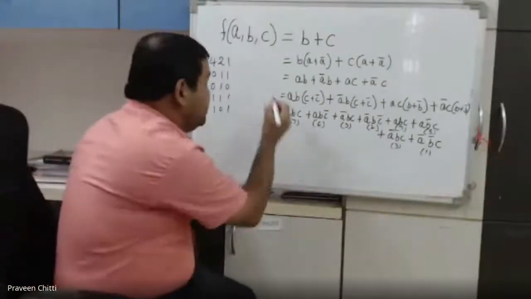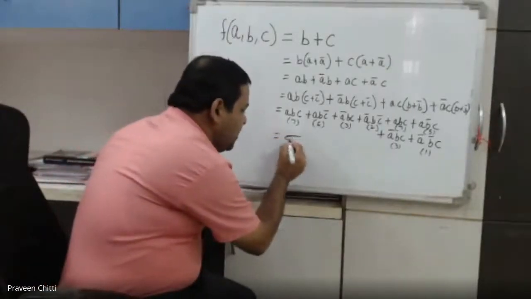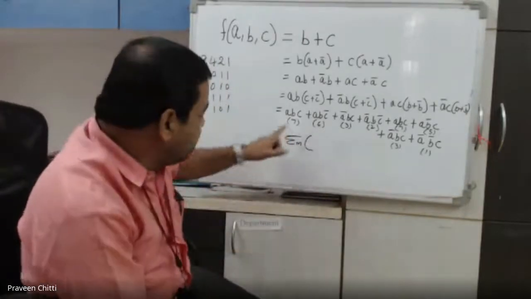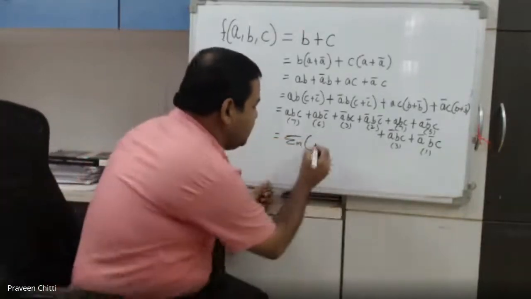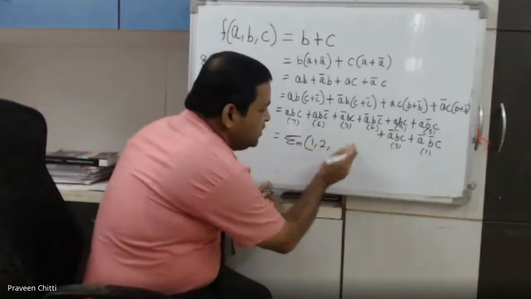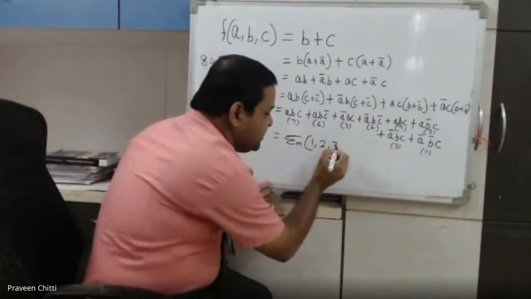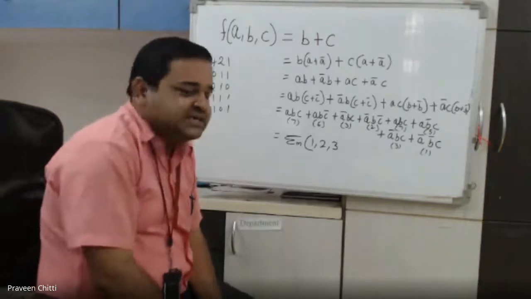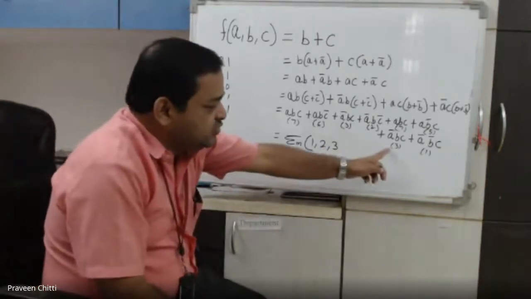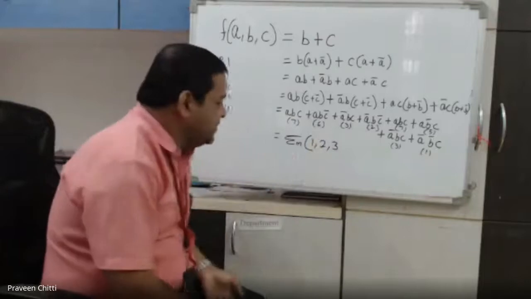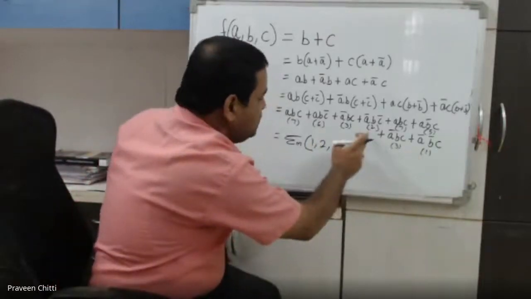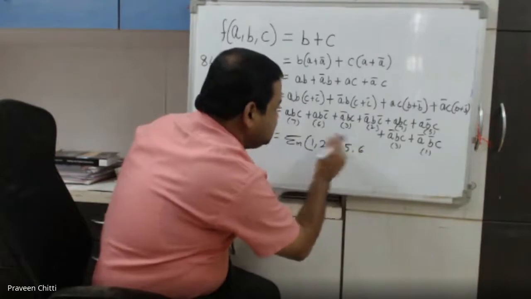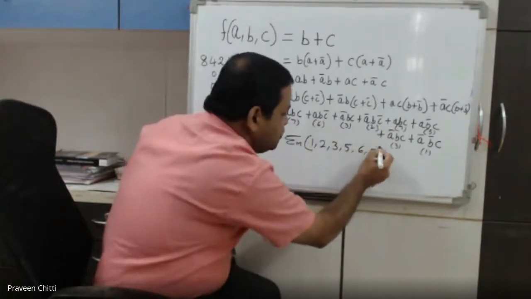So whatever the expression we have, now I can write it in sigma m form. You write it in increasing order. What is the first term we have? 1, then 2. There are 2 3s. You should write it as 1 only, because you know that A plus A is A, not 2A in digital electronics. 3 is there 2 times, but here you should write it only once. Then 1, 2, 3, then 5, 6, 7 two times is there. So you should write 1.